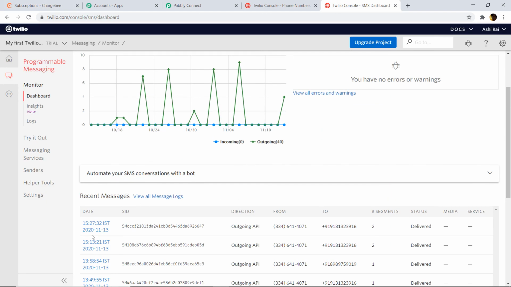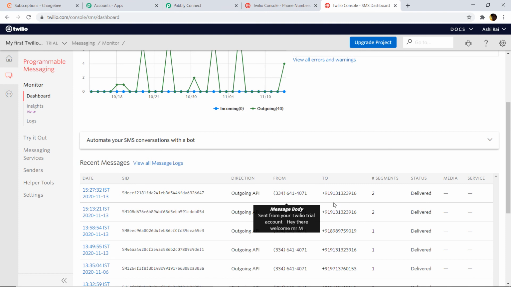Okay, as you can see, we are not getting the result. The message hasn't arrived yet. Twilio hasn't sent the message yet. This is because ChargeBee actually takes a significant amount of time to send the data. The problem here is with ChargeBee. It takes a significant time due to polling. So we actually have to wait for 5 or 6 minutes or even more. When the data is received, I will update you soon.